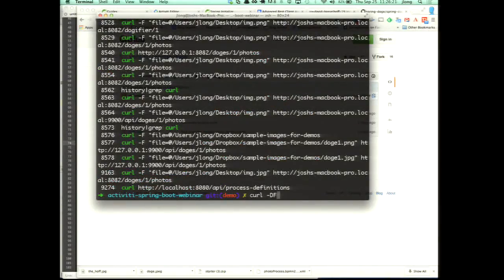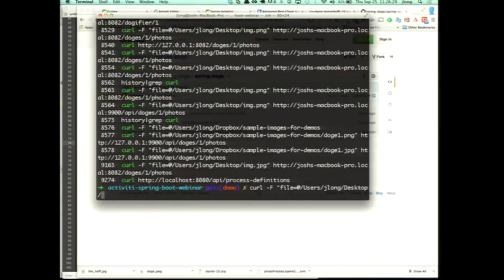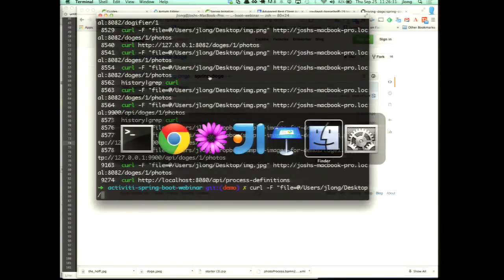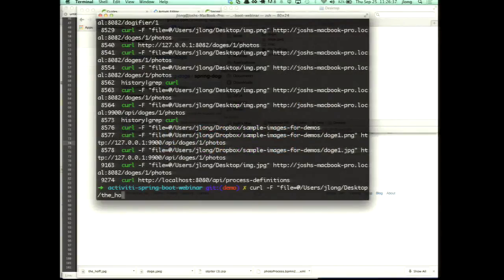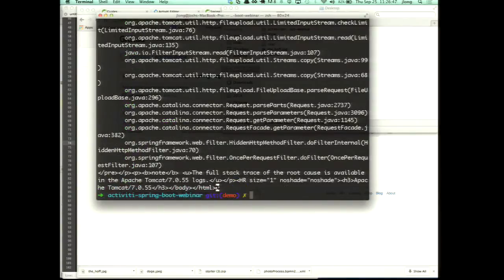Good. So curl minus F, file equals at /users/jlong/desktop. And then we're going to go to the desktop here. It's going to be doge.jpg, and we're going to do the hof_jpg. And then we're going to say http://127.0.0.1:8080/upload like so. And